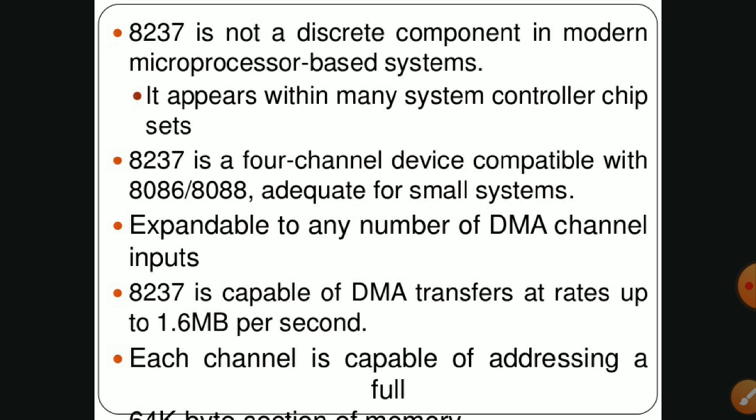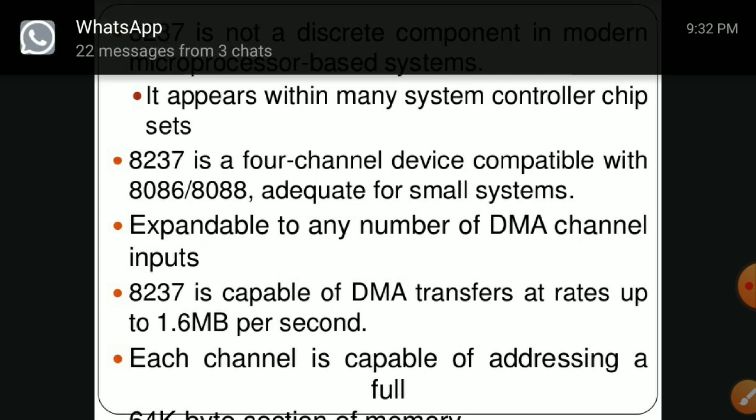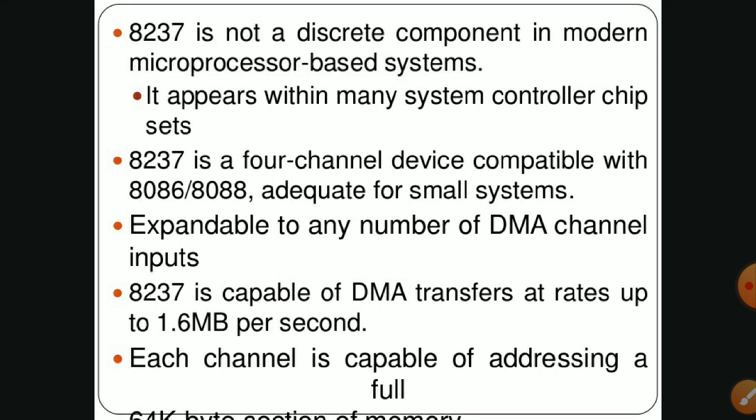The 8237 can expand from 4 channels to 7 channels also. Such expandable nature is provided in the 8237 DMA controller. 8237 is capable of DMA transfers at a rate up to 1.6 MB per second, which is a very high rate of data transferring.